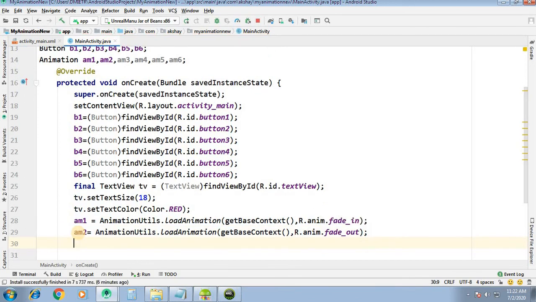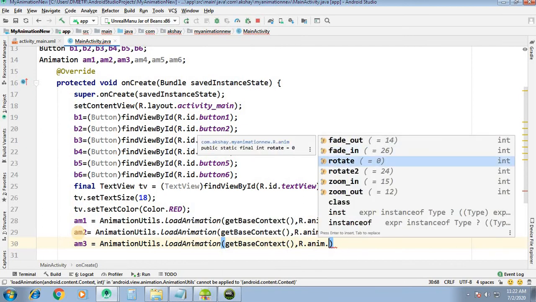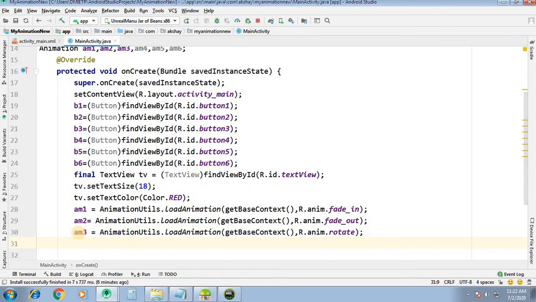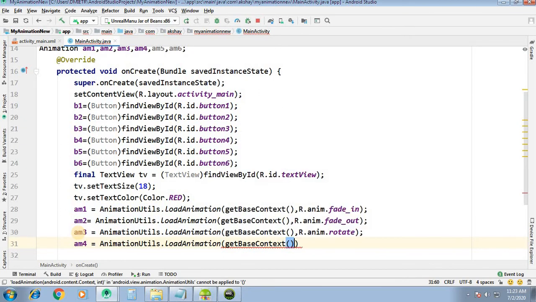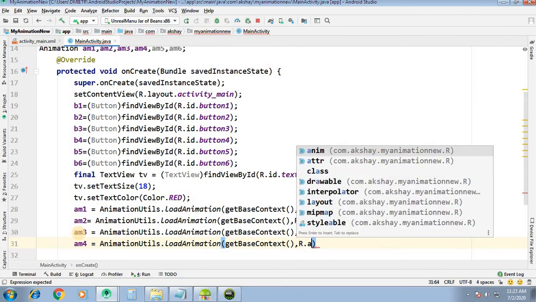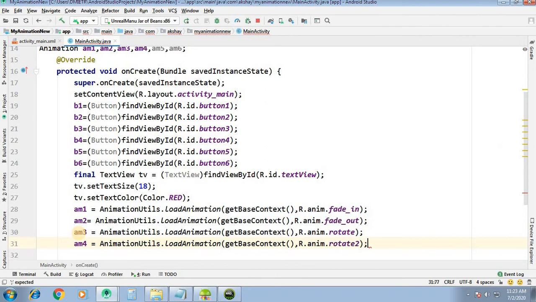Okay. Then am3 equal to AnimationUtils.loadAnimation, getBaseContext(), comma R.anim.rotate. So for animation 4, equal to AnimationUtils.loadAnimation, getBaseContext(), comma R.anim.rotate to, this is the second rotation effect.